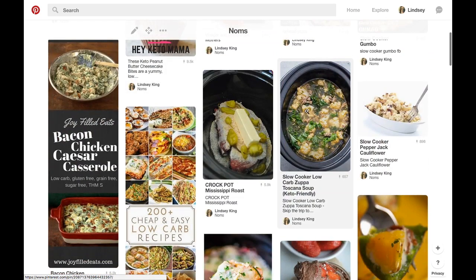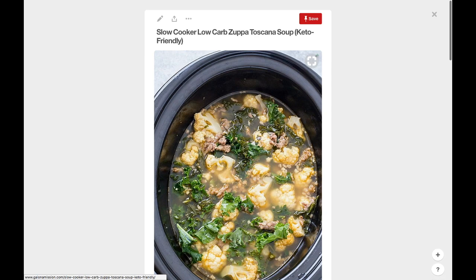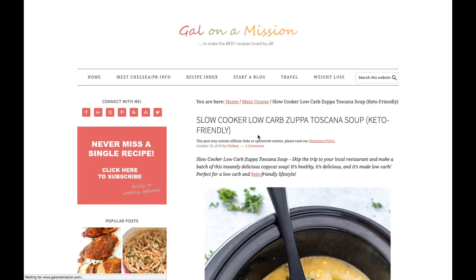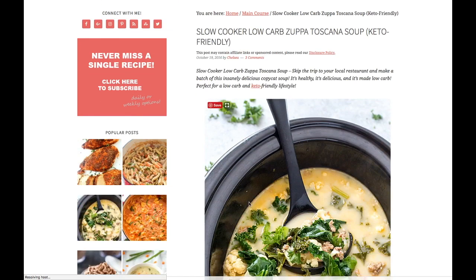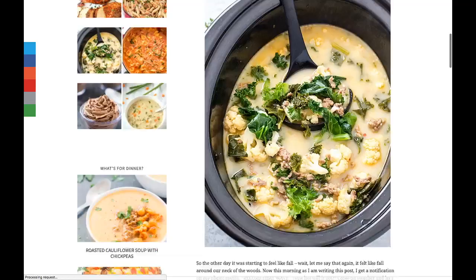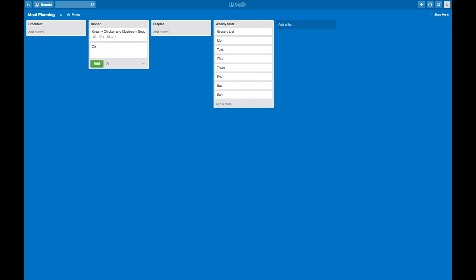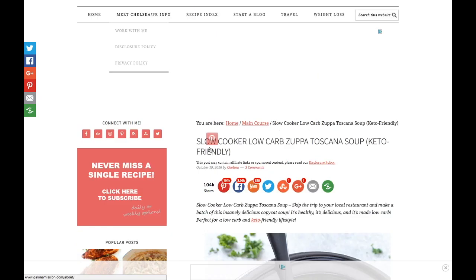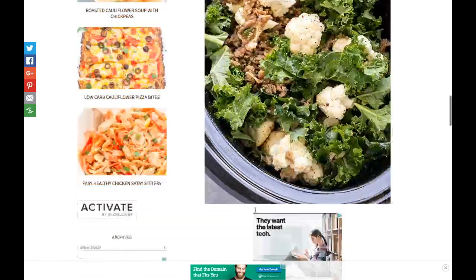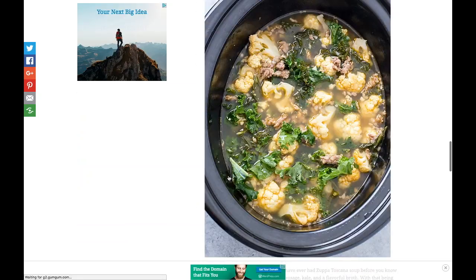Another one I love is this slow cooker low carb zuppa Toscano soup. Oh my god, it's so good. You can get it at Olive Garden, and then this is a low carb version of it, and it's delightful. So we'll go back to my meal planning. We'll add zuppa Toscano soup. I can read and write, guys. So I'll go down here. I will find,